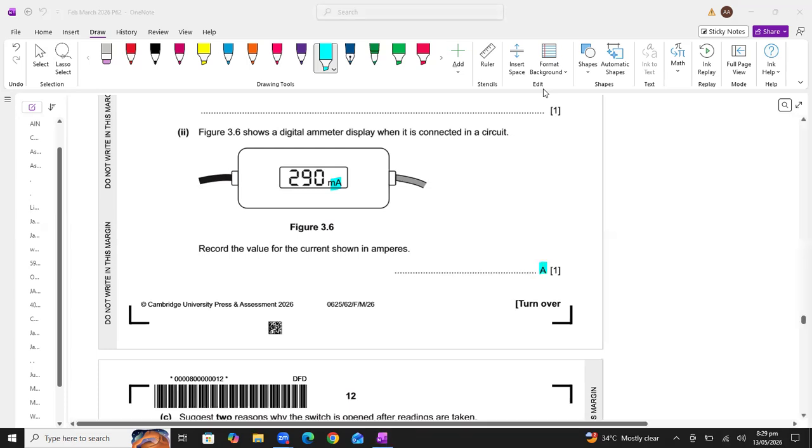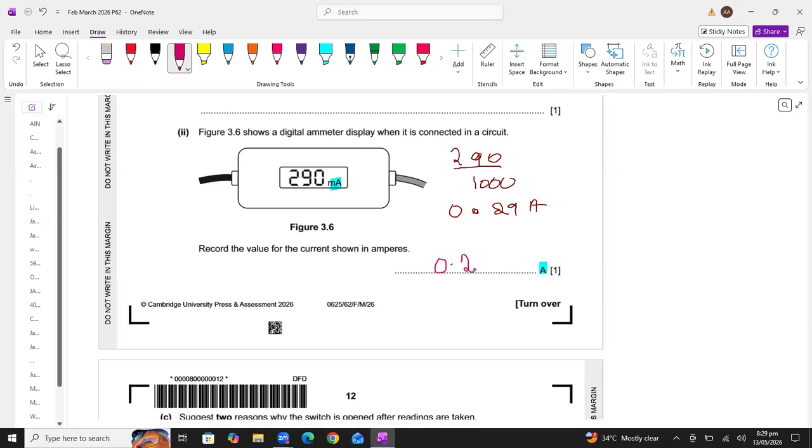So basically what we have to do, students, we have to convert the milliampere into ampere. How will we convert the milliampere into ampere? Basically we are moving from a smaller unit to the bigger unit, so we will divide it by 1000. After dividing, we will get 0.29 ampere. Exactly. So you can see it's a very easy question, students. Just simply divide it by 1000 and you will get 1 mark. 0.29 ampere is the reading in ampere. All right. Clear, students?